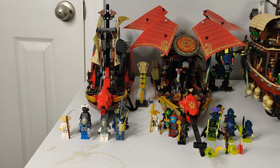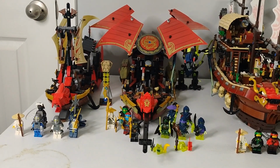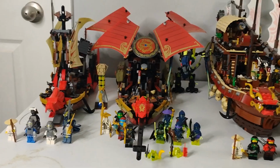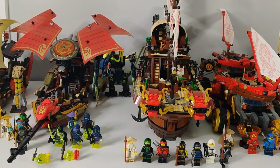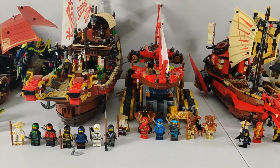On the far left, we have 9446 Destiny's Bounty, released in winter 2012. Moving slightly to the right, released in summer 2015, we have 70738, the Final Flight of Destiny's Bounty. Moving even more to the right, we have 70618 Destiny's Bounty from the LEGO Ninjago Movie, released in summer 2017. Moving slightly to the right, again, we have